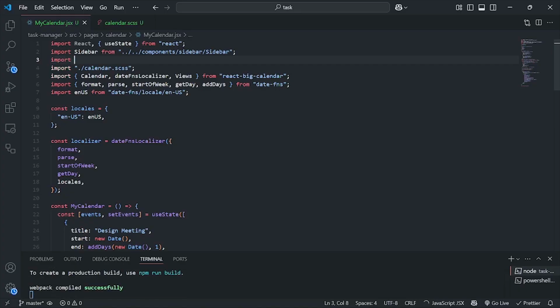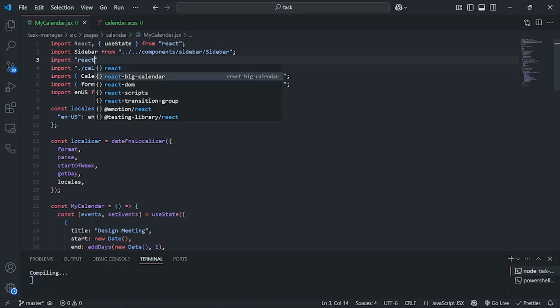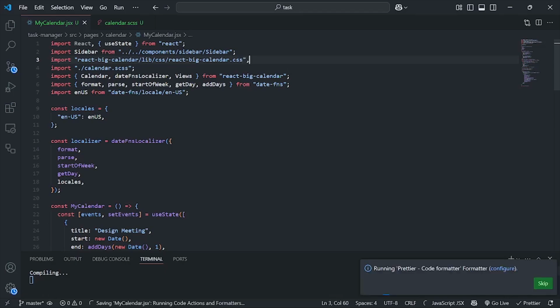So I'm going to say import react-big-calendar/lib/css/react-big-calendar.css. So for the inbuilt styling for the React calendar, we have react-big-calendar/lib/css/react-big-calendar.css. So with that,